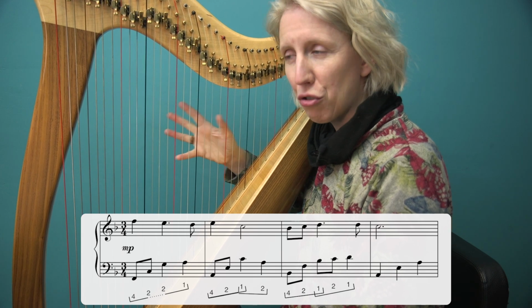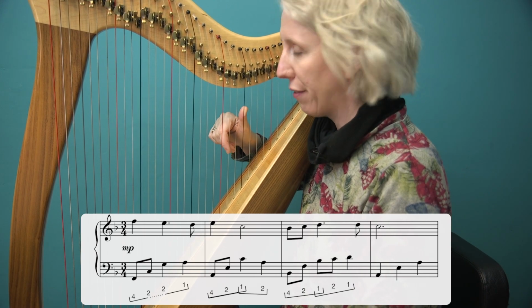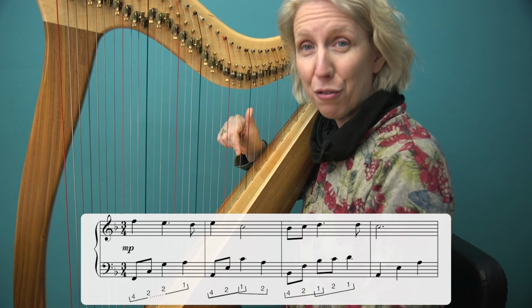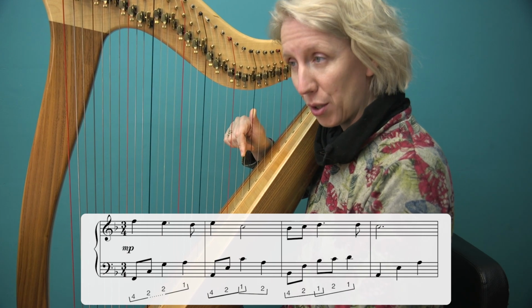Okay, let's just try that now in time, just that first line, and just on that melody hand. So thumb on the F, finger 2 on the E for starters, and I'll give you a count of 3 to come in. I'll break it up a bit, so 1 and 2 and 3 and